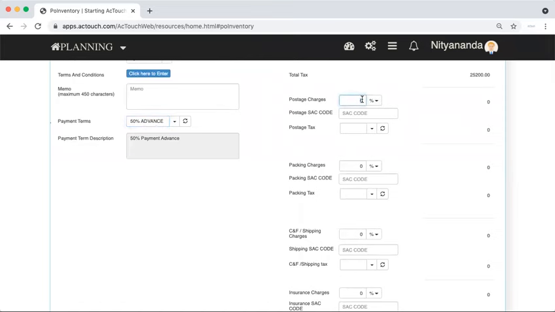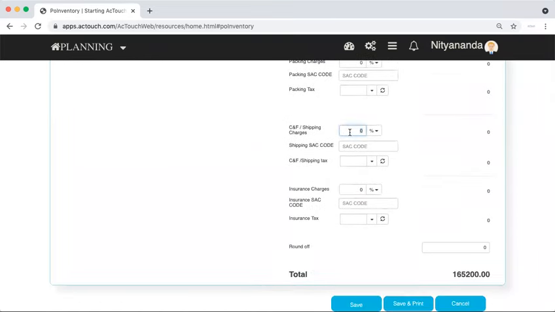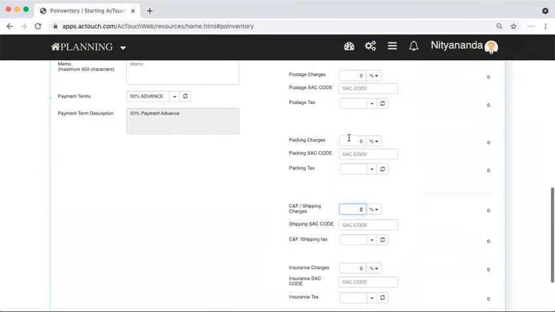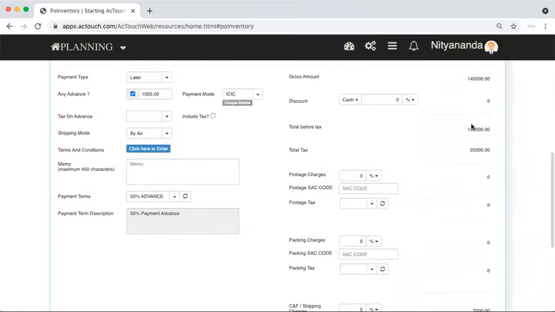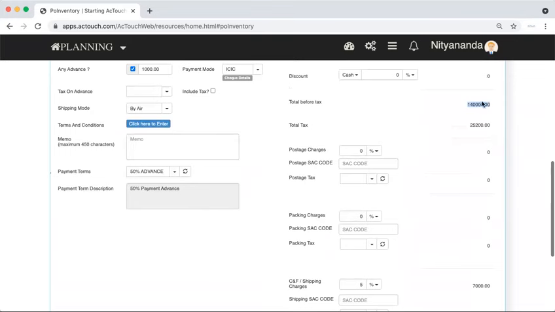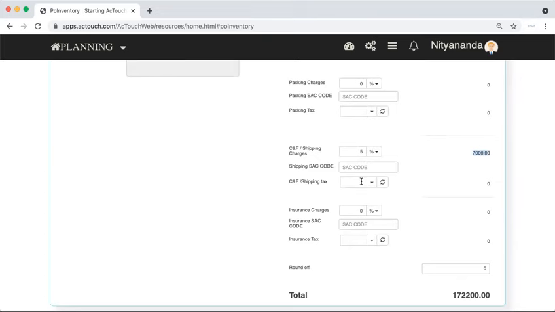One of the important points is if any postage or packing or shipping charges are there. Now, here you have the option, either you take it as, say, 5% of the total value here, right? The total amount, the condition you can set, whether the 5% is based on only this amount or including both, you can set up.